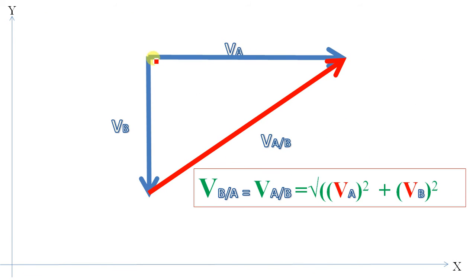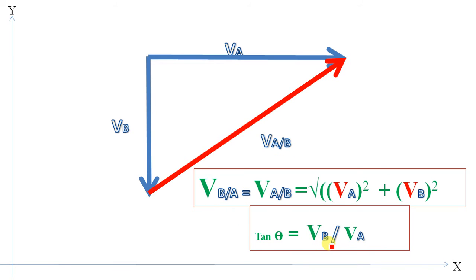Now here the velocity of A is shown over here, the velocity of B is shown over here, that is the absolute velocity. And when we have to find the relative velocity of A with respect to B, your arrow is in the opposite direction. So V of BA is equal to V of AB is equal to the square root of VA square plus VB square, that is Pythagoras. From that you can find the velocity of A with respect to B or B with respect to A. Again, if you draw it graphically, whatever that value is multiplied by the scale gives you the relative velocity.